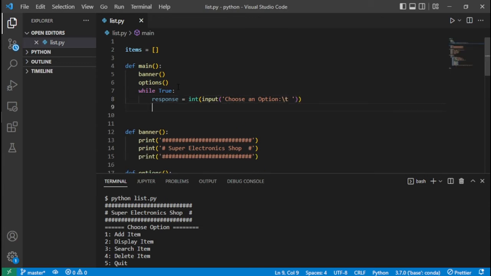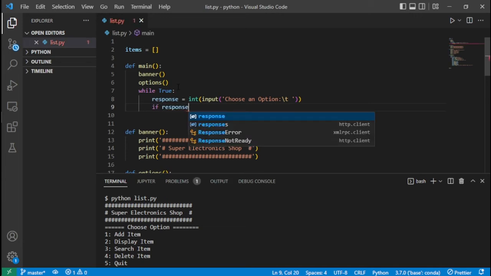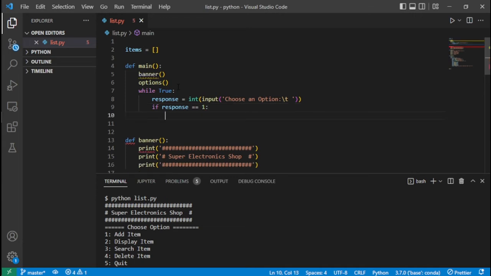Choose an option, and then if response is 1, if response is 1, let's see,